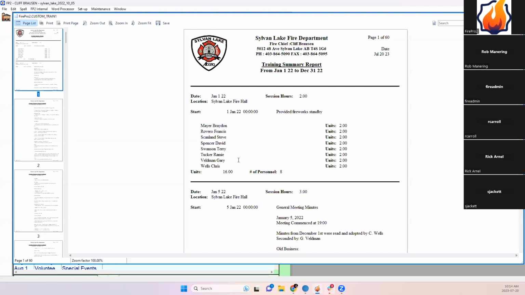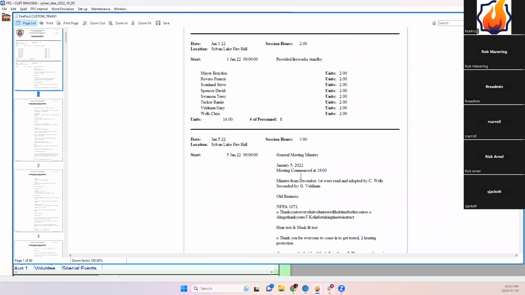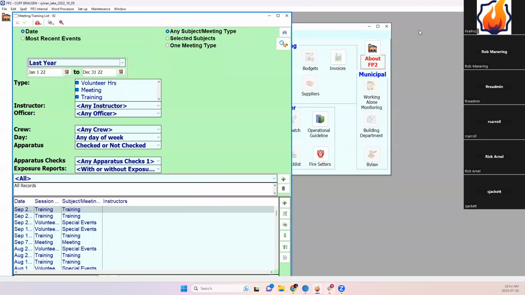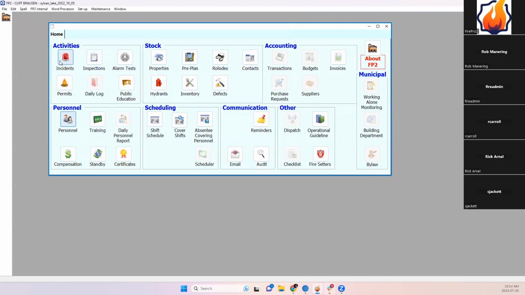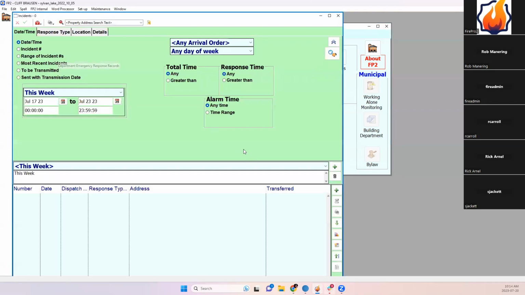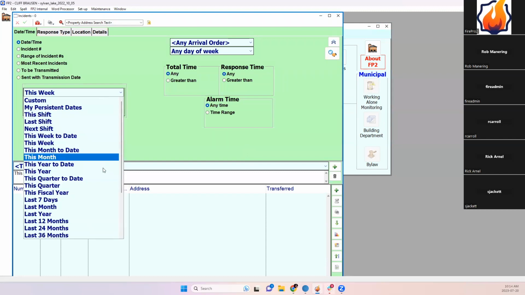You can't really break anything by running reports in the system. So you can always do test generations to see what kind of reports you can get. Now, when we are looking at reports in general, FirePro has several different types of reports that we have available through most